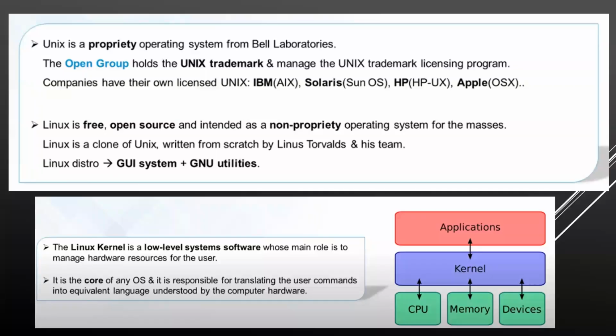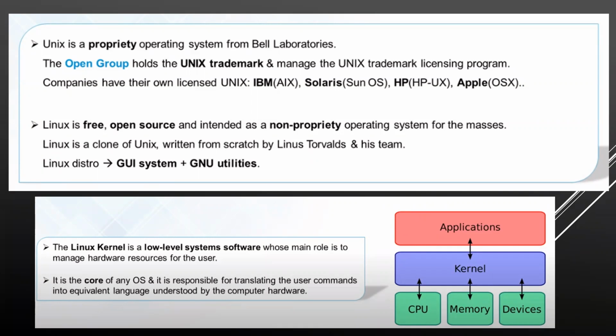When we talk about operating systems, we generally talk about Linux or Unix as the market leader. We have other software like Windows and Mac, but they are mostly for UI. But when it comes to servers, most of the software you will see is on Unix or Linux. Unix is proprietary, a product which you get from a particular company.